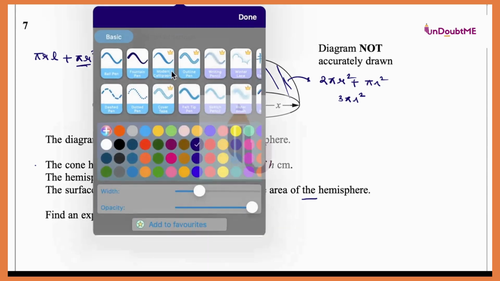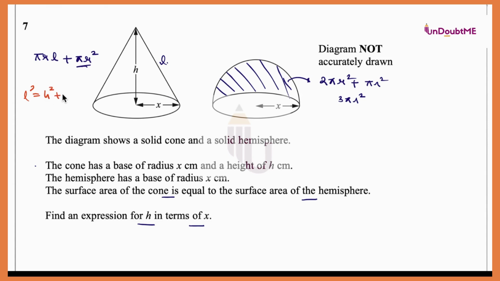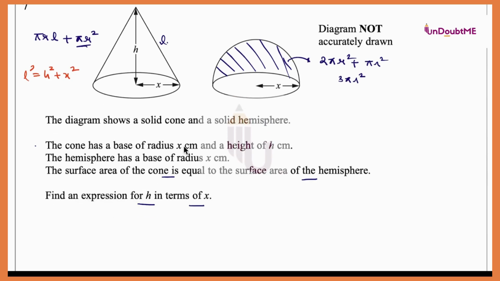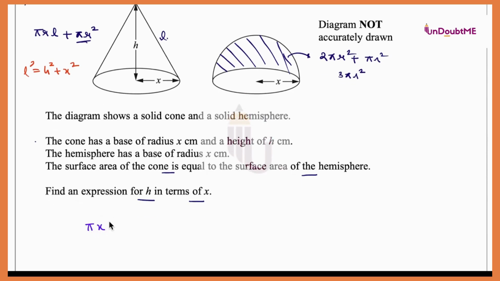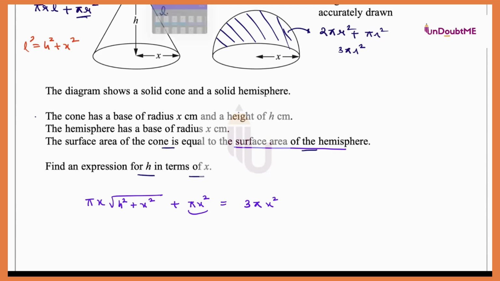Now a bit more about l. l square is equal to h square plus x square. You need to keep that relation, and then we will solve finally by putting everything together. The cone has radius x, so it will be pi x, and instead of l, I will put square root of h square plus x square, then plus pi r square, so that will be pi x square. On the other side, the surface area of the hemisphere is 3 pi x square. Pi x square can be sent to the right,